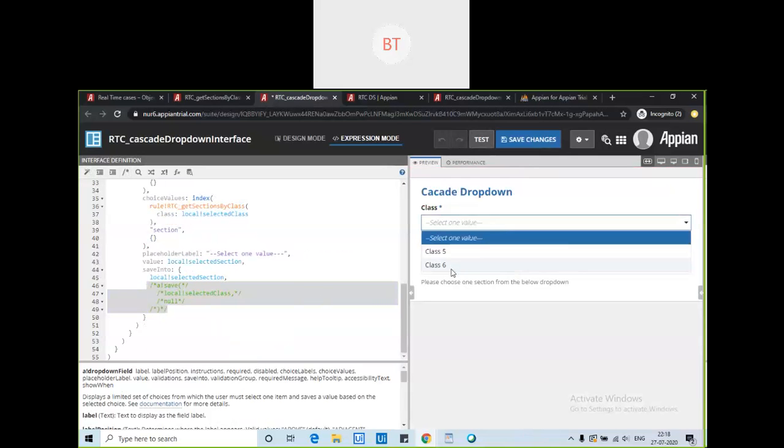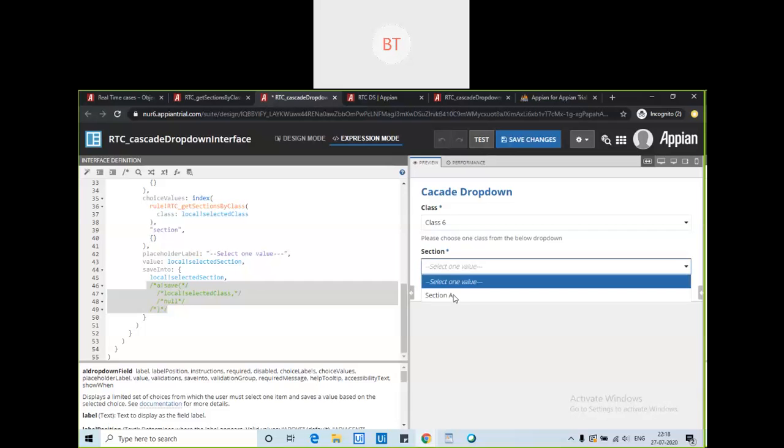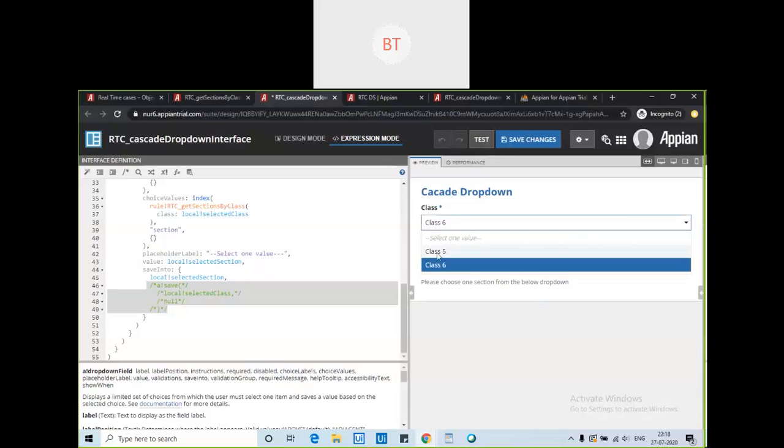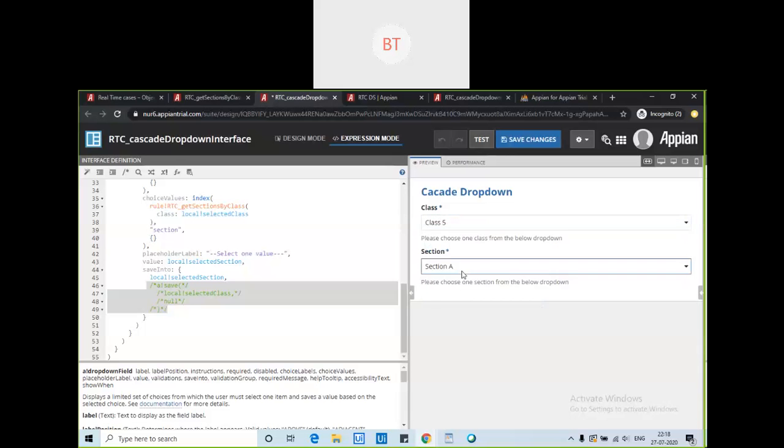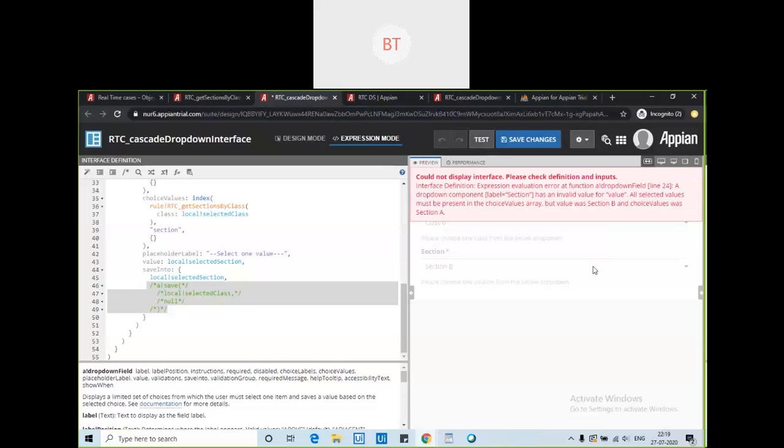This is section A. Now if I choose class 5 it will work fine. But if I choose class 5 and then section B, and then come to class 6, it will give this error, because I have chosen section B and class 6 had only section A, right?